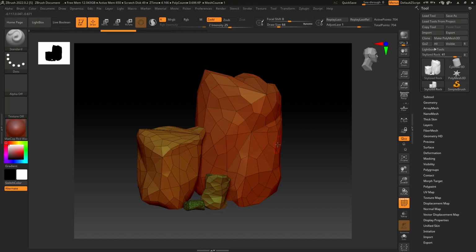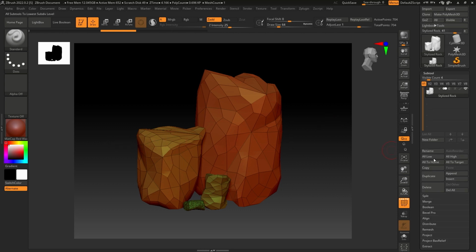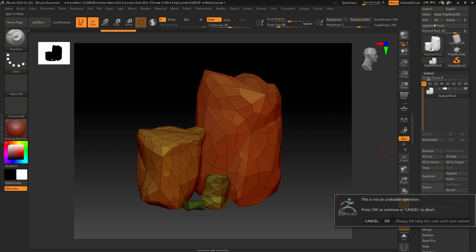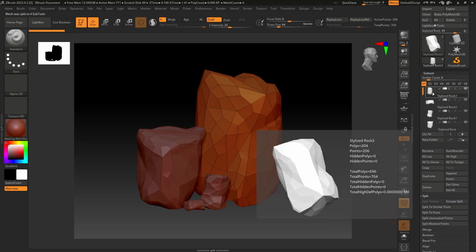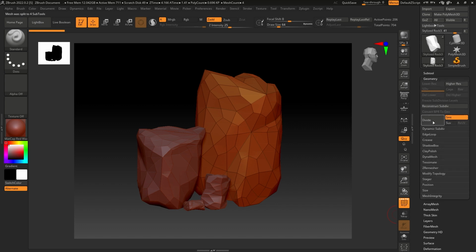So in our last video we exported these stylized rock models from Maya to ZBrush, and in this video we're going to sculpt these rocks. So let's start with subdividing these, and I'm going to go in the split. I'm going to split these rocks into 4 parts like this. So we'll select the bigger one, go to geometry, and